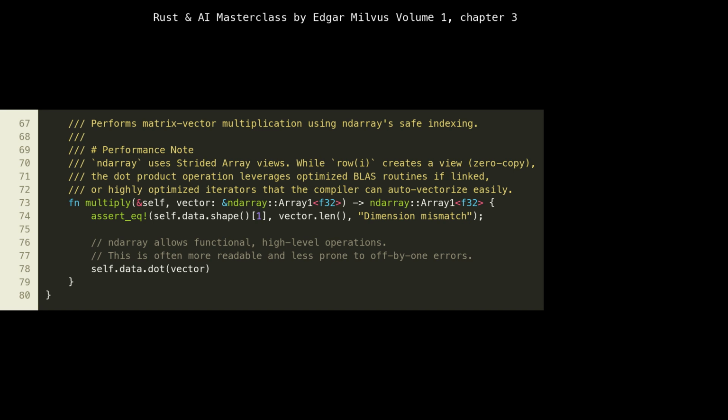At line 73, multiply uses ndarray's dot product, which is a high-level operation. This is more readable and less error-prone than manual loops. Lines 70 to 72 highlight that ndarray may use BLAS routines or auto-vectorization, offering better performance out of the box. In a real-world scenario, this means faster inference on GPUs or multi-core CPUs. Without this, we'd need to manually optimize, which is time-consuming and error-prone for AI researchers focusing on model architecture